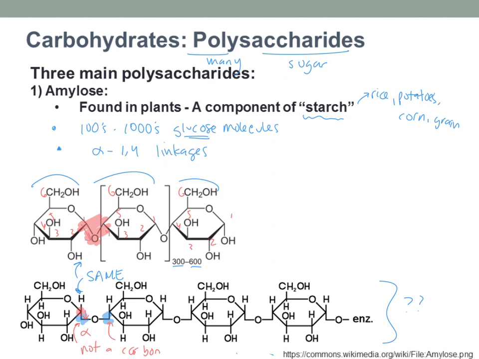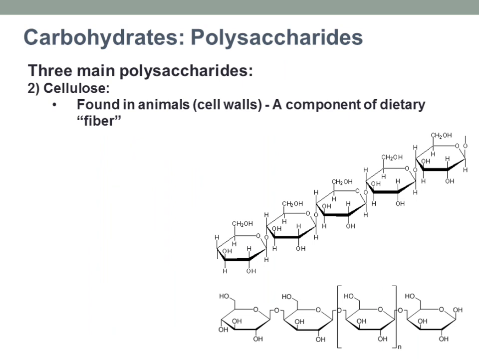And that's different than our next molecule, which is cellulose. Cellulose, well, first of all, cellulose is what's found in animals, or sorry, not animals. Come on. It's not in animals, it's in plants. It's in cell walls. They're a structural feature for plants, not in animals. Animals do not have cellulose. We do not have cell walls. Sorry about that. Yeah, they're just found in plants,